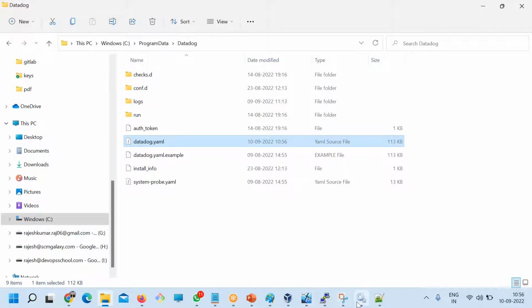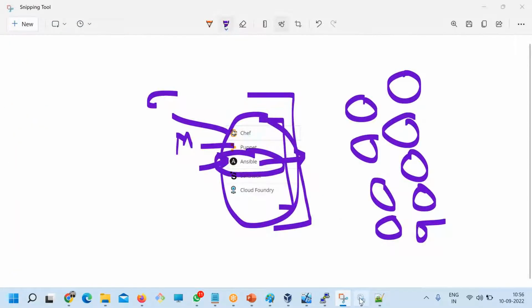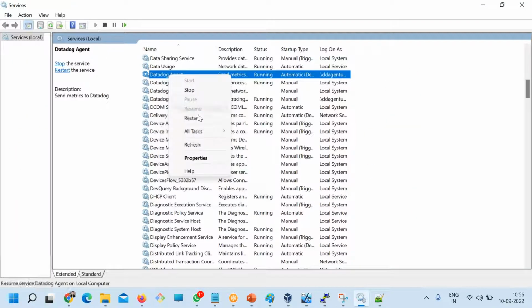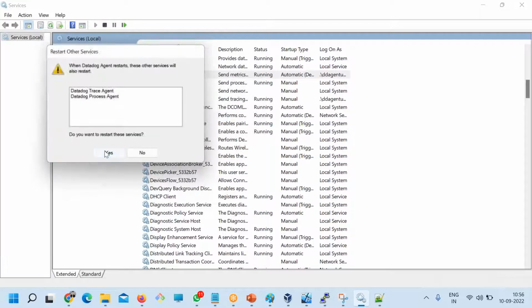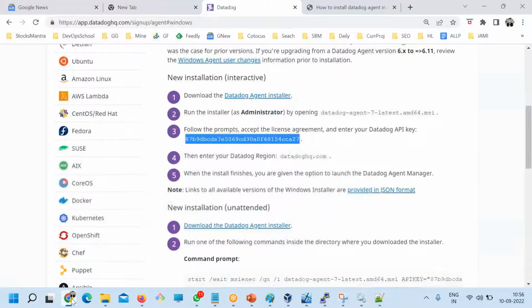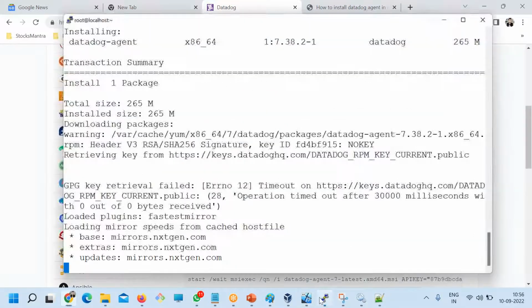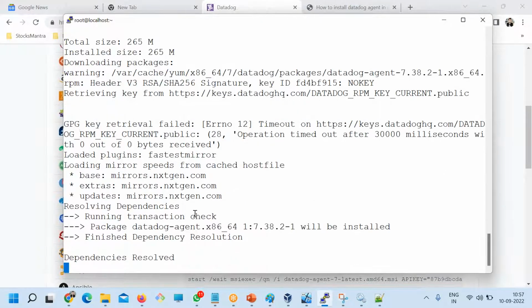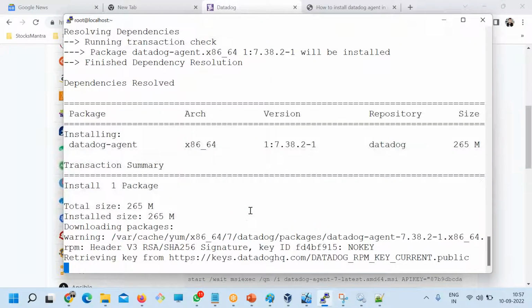Now after these changes, I'll start the Datadog agent. Okay, so the Windows agent I have done. Linux should be fast, but it's taking time. Let's check it out.